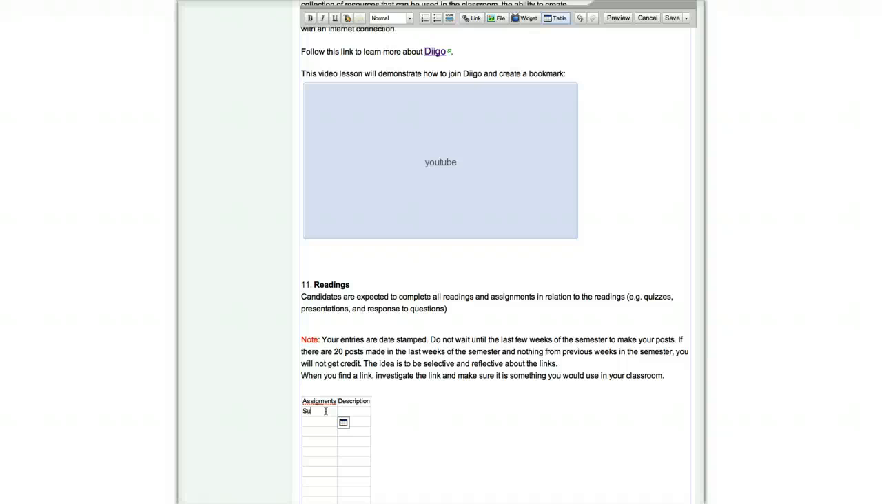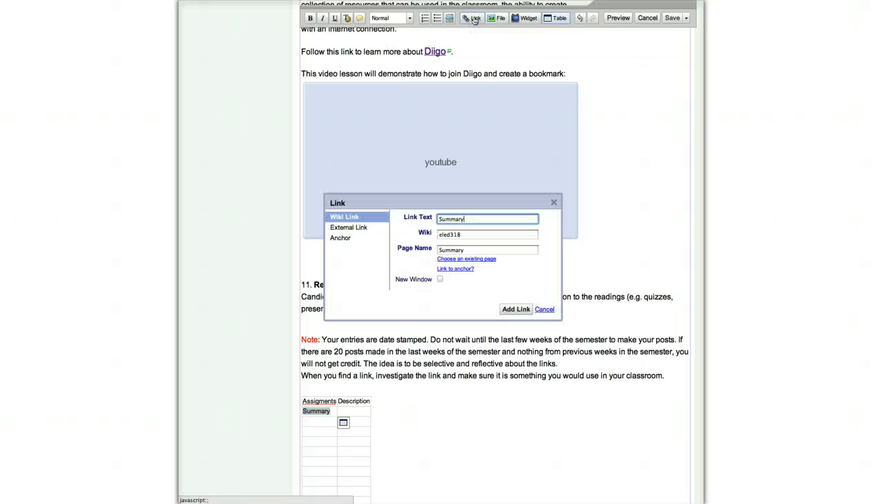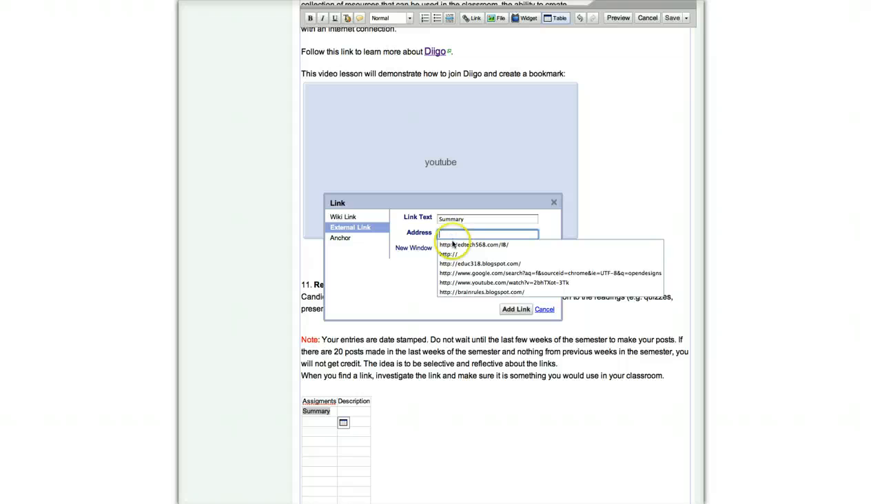So let's say you summarize a text. You type the word summary, or you could put a more specific title there, but this is just an example. Then you would highlight this text. Then to make a link, we need to go back to our edit bar and find the link icon. You would select link, and then we're mostly going to be using external links, so we'll click on external link. And then when you create your document in Google Docs, it'll give you an address to it. And when you use that address here,